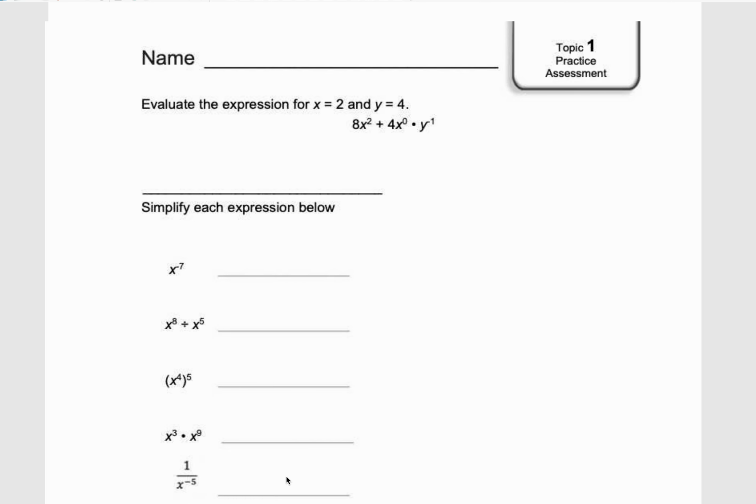And here we go. Evaluate the expression for x equals 2 and y equals 4. You, of course, need to show work whenever possible. Since this gives you the opportunity to show some work, I need to see the substitution for each of these values that they give you. So I want to see you write out 8 times 2 squared plus 4 times 2 to the 0 power